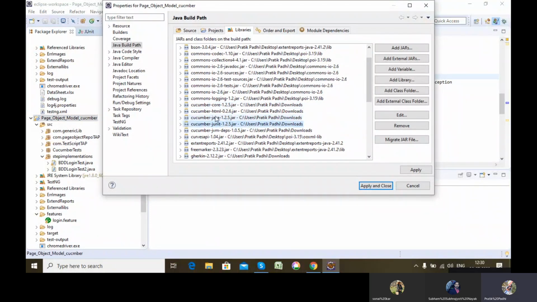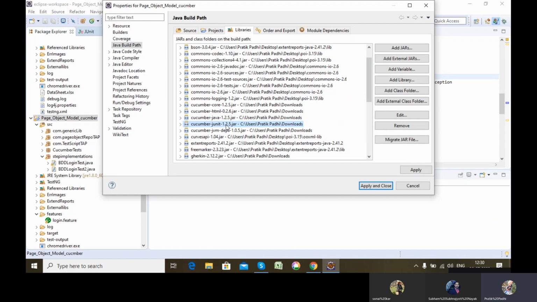Always keep in mind these three jars should have the same version. If you are doing 1.2.5, all will be 1.2.5. If it is 1.2.6, all will be 1.2.6. If one has a version other than the other two, it will throw an error and the test case will not execute. Always remember the version of all these jars will be the same. Okay.